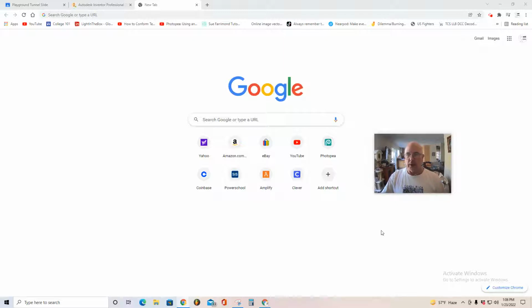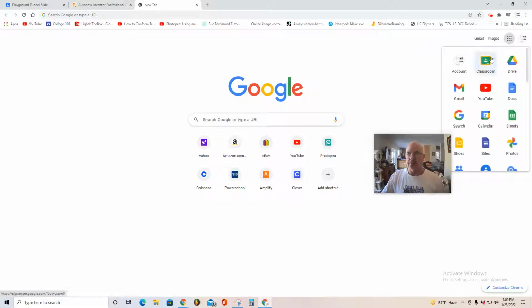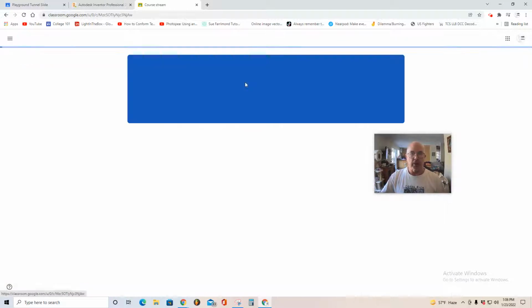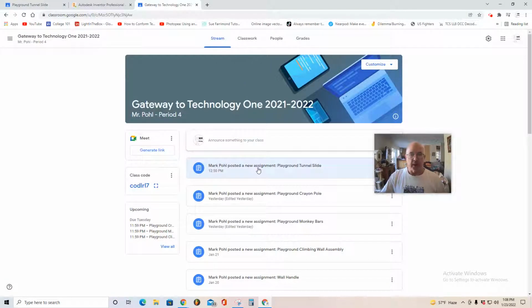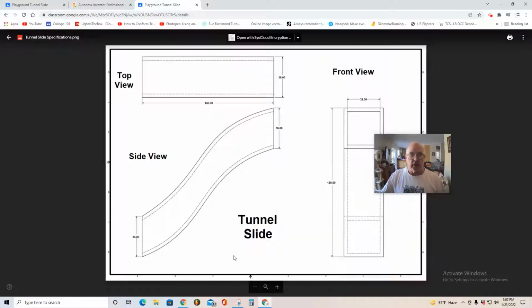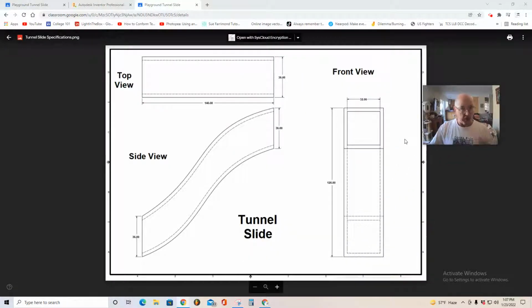The first thing you might want to do is open up the assignment and look at the spec sheet. So let's go to the classroom. You're going to open your appropriate classroom, and you'll find the assignment, and then go into the instructions and look at this tunnel slide spec sheet. You're going to see it's